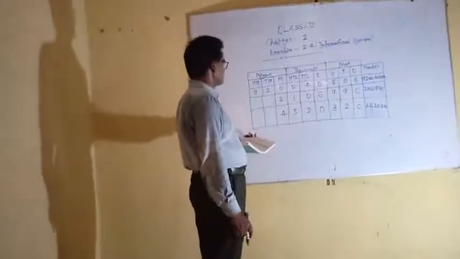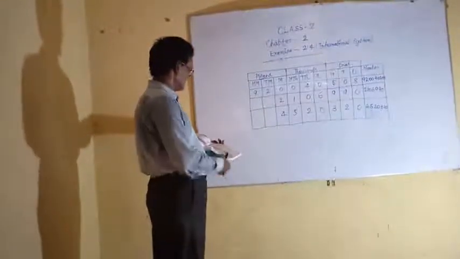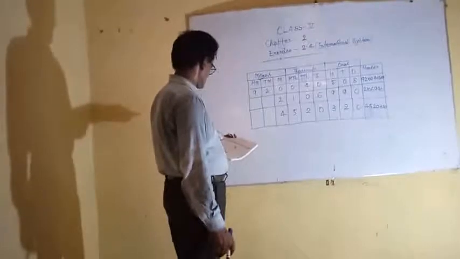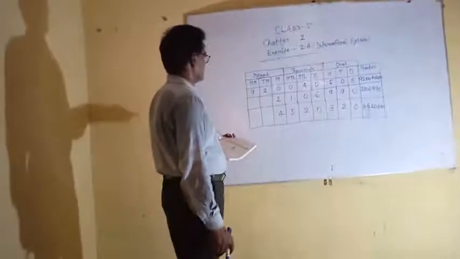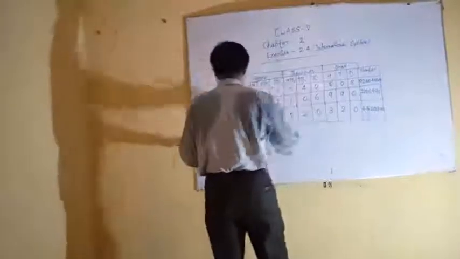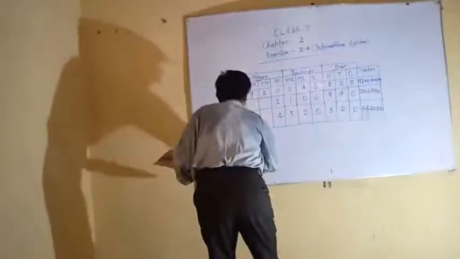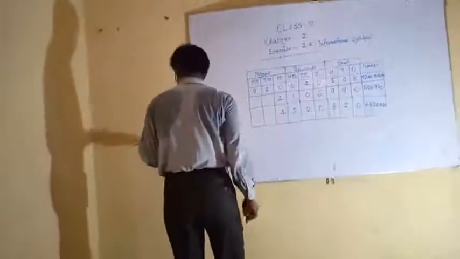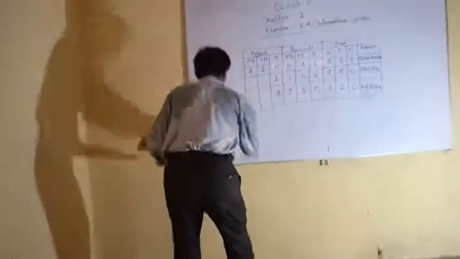हाउ कैन यू रिप्रेजेंट इट इन इंडियन सिस्टम? इंडियन सिस्टम में इसको कैसे लिख पाएंगे? तो यू कैन सॉल्व ऑल द गिवन नंबर in international system. In exercise, you can take a question as one. Question 1. You can represent in international system. इसको इंटरनेशनल सिस्टम में तुमको प्रकट करना है.